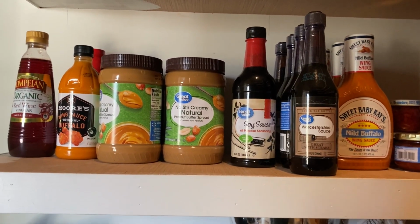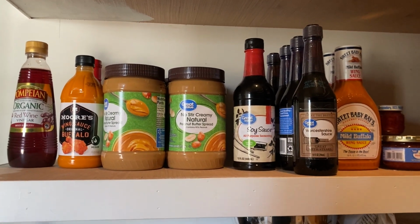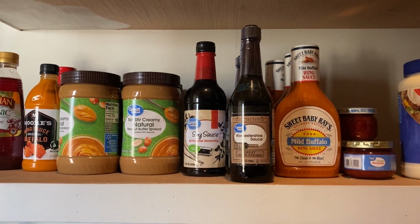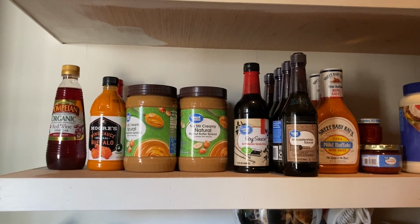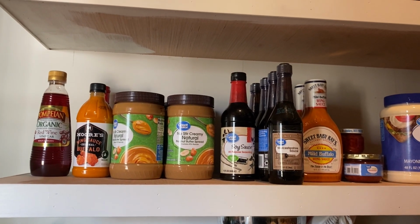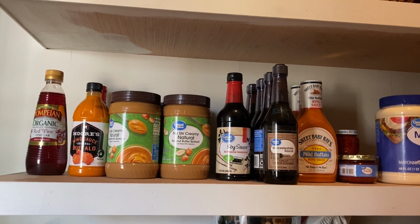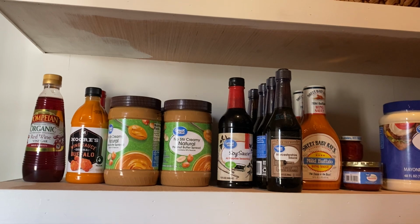through all of those. Peanut butter, we go through a lot of peanut butter. There are 4 jars there total. We will very likely go through all of those during the pantry challenge because one of our favorite things to use it on in bulk is this Trim Healthy Mama protein shake. It's sugar-free, but it's called a Snickers shake, and it has a big scoop of peanut butter. It has cottage cheese, which we can make from our raw milk,